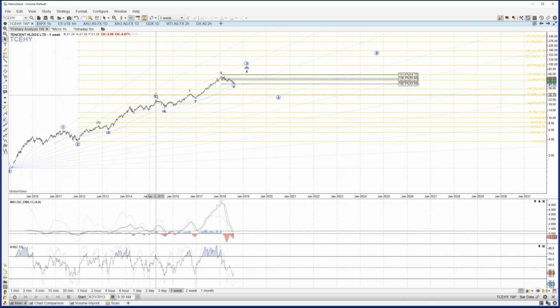We did slightly exceed that for the wave 3 of 3 before pulling back in wave 4 of 3. But based on that slight extension, that gives us reason to maybe look for the 1618 wave 5 of 3, especially when this looked like it wasn't quite complete with subdivisions within that 5th wave as we were starting to approach it. So this looks like another 1, 2, 3, 4,